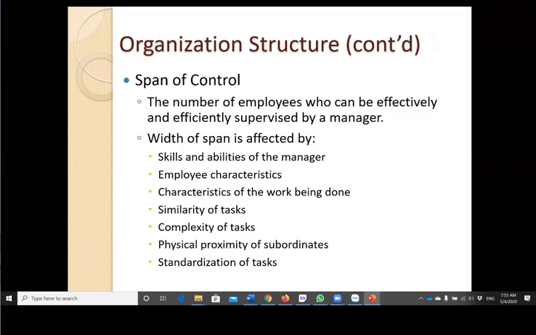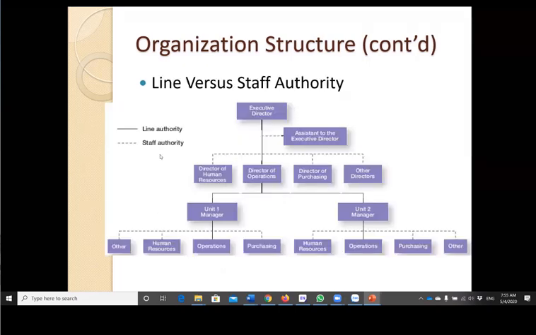It means the number of employees who can be effectively and efficiently supervised by a manager. This definition is about only the number of employees, not the number of departments. So, for example, in this organization chart, if we are talking about the director of operation here,